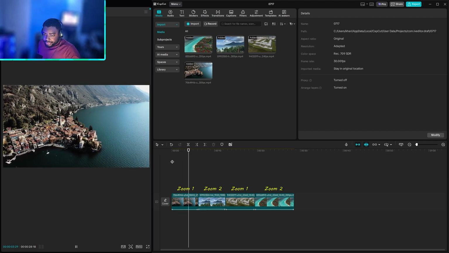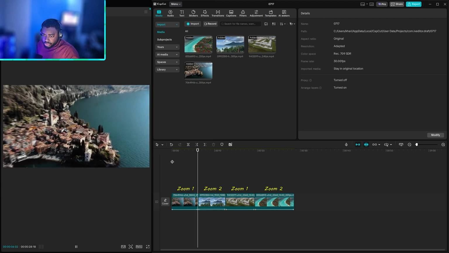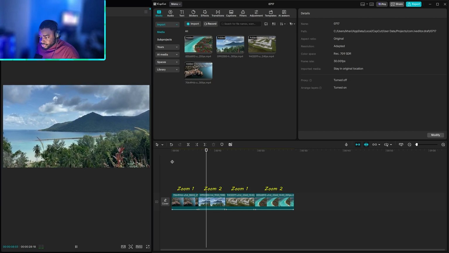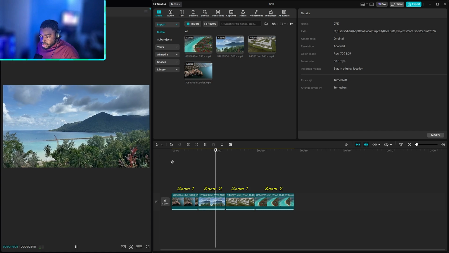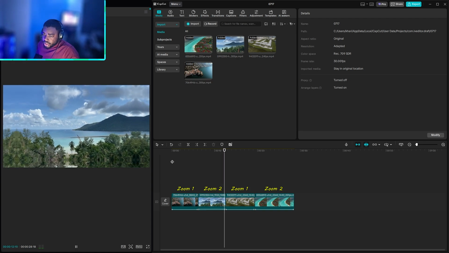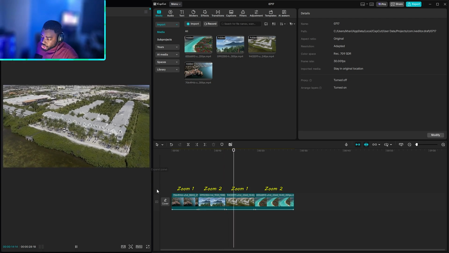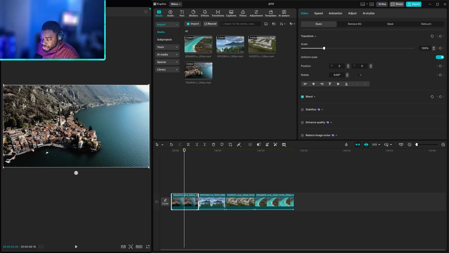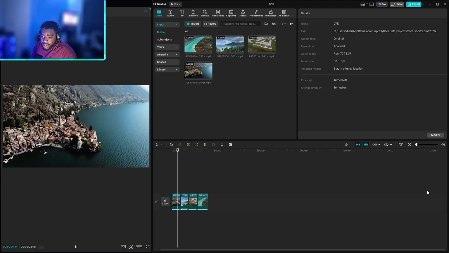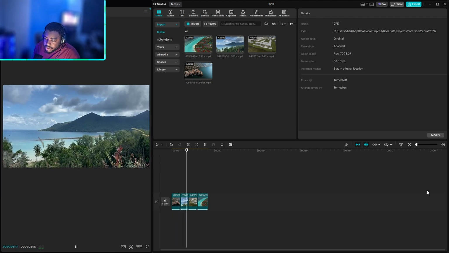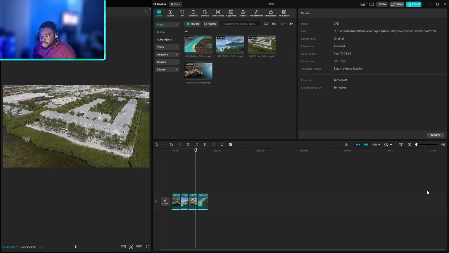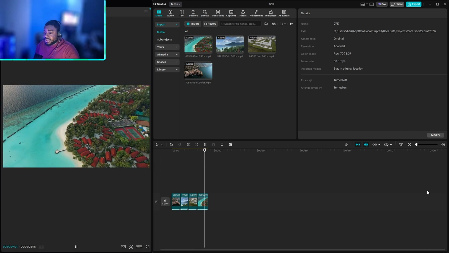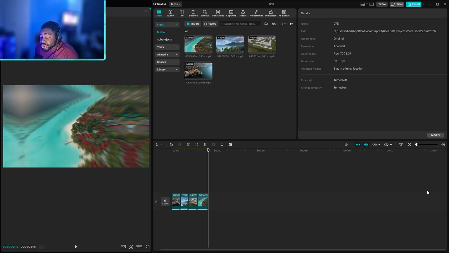So it goes out, goes straight in, and then it goes back out again, and so on. But let me readjust the clip so I can show you more quickly. So from out to in to out to in, and yeah, this is how transitions work when you use combos,